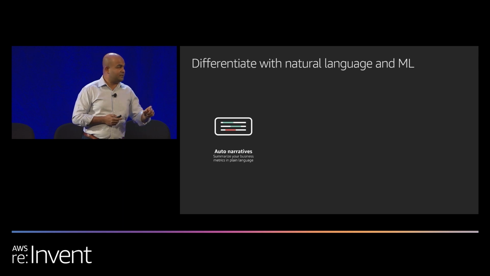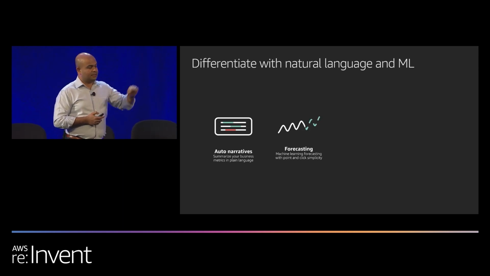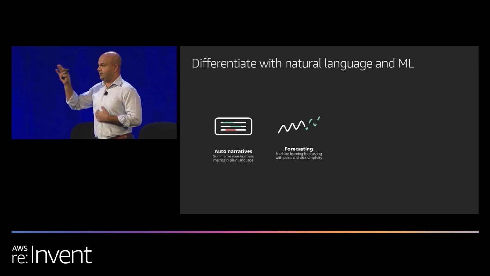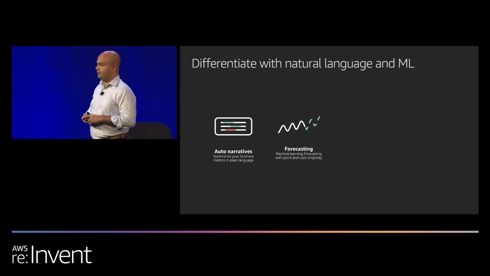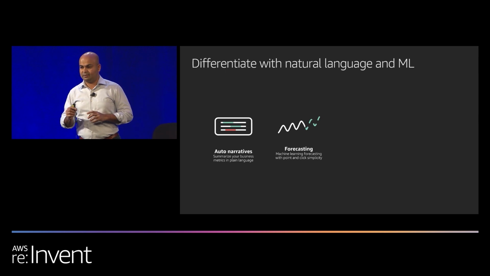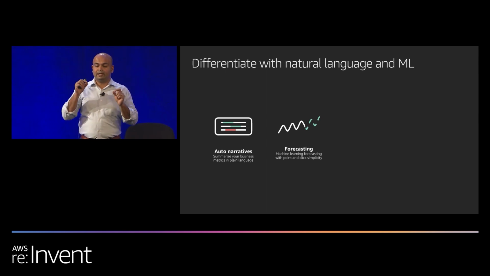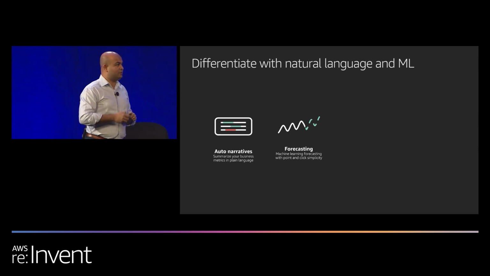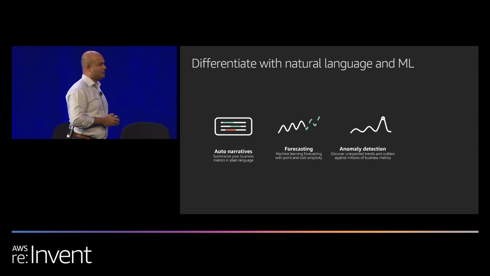You can go and customize these. It does one-click forecasting, again, utilizing machine learning. With the forecasting that we have in QuickSight, it's no longer just a straight line forecast. QuickSight actually looks at the insights, looks at the outliers, excludes them, and gives you a very good quality forecast with a single